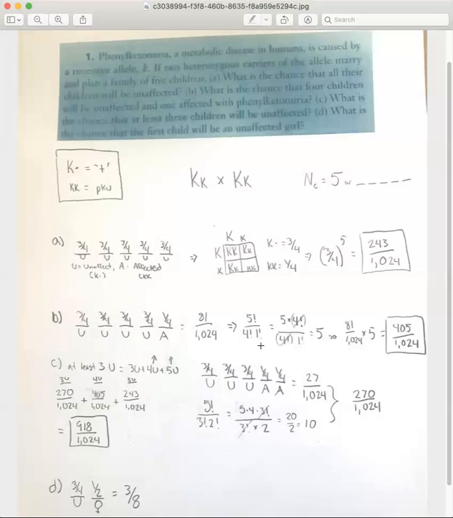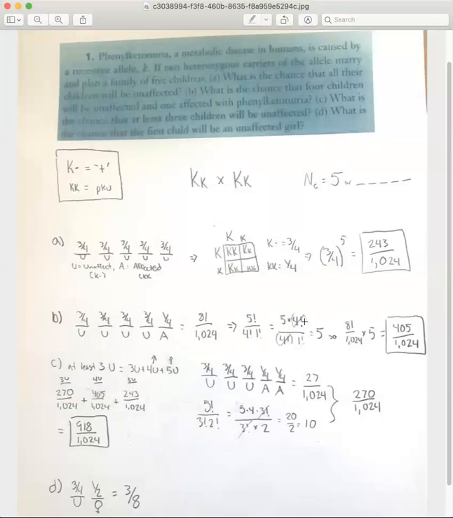So when we do combinations, we use that formula, the factorial, and that is set up as n factorial over x factorial times y factorial. So in this case, you have 5 different events. So that means you have 5 factorial here on top. On the bottom, x factorial, we'll just call x u. It doesn't really matter, but that is 4 factorial because there's 4 u's, and then 1 factorial because there's 1 affected.